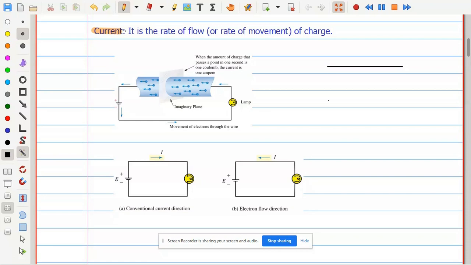Then when we connect any battery across it, charges can pass through the conductor. So that is the phenomenon explained over here. See that? We have a lamp and the battery or cell, and all the negative charges are moving away from the negative terminal of the battery in this direction. These are the electrons' direction, not the current direction. So the movement of electrons through a wire will be from the negative terminal of the battery through the lamp and back to the positive terminal.